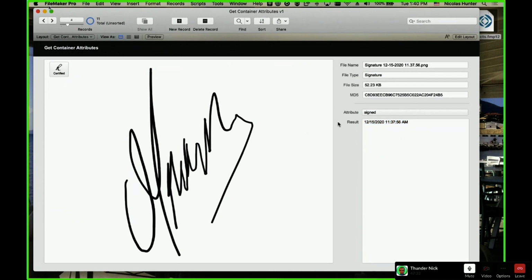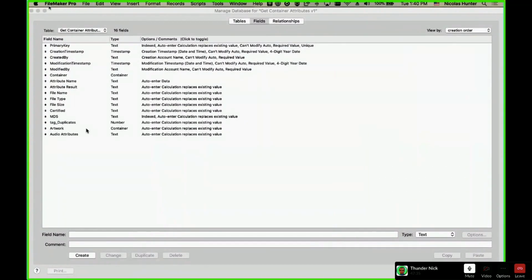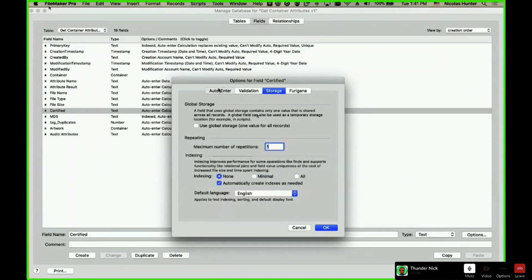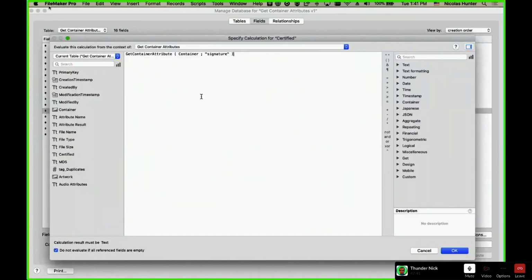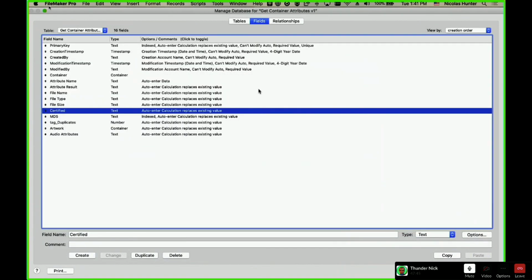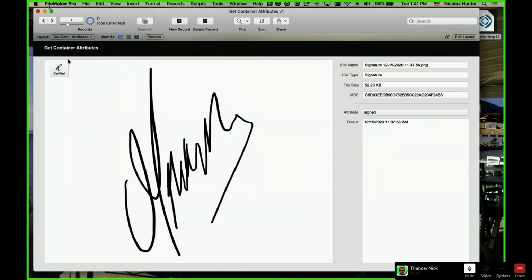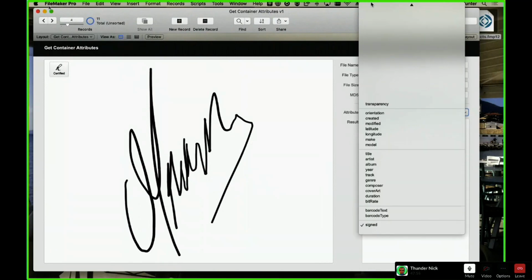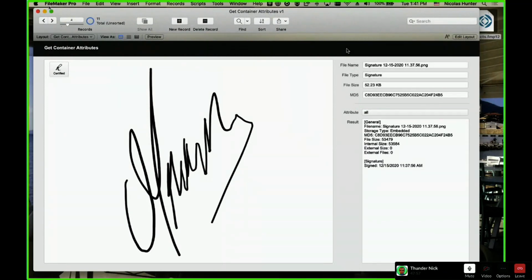So now that I have this, I can create a field that says, is it certified? And for certified, I get this. I'm calling for signature. If I have a signature, bingo, here I have my logo saying this is certified, because it's a signature, okay? It's a real, legit signature made on the device.